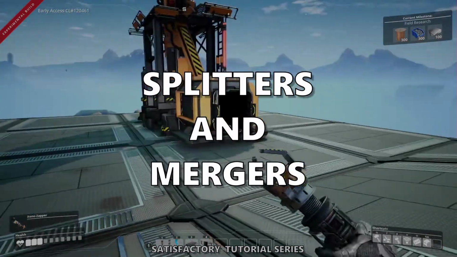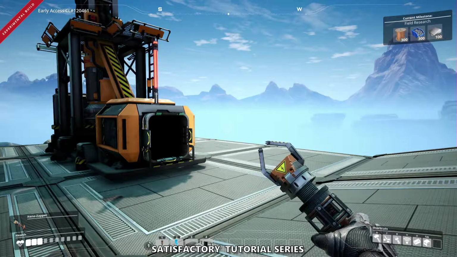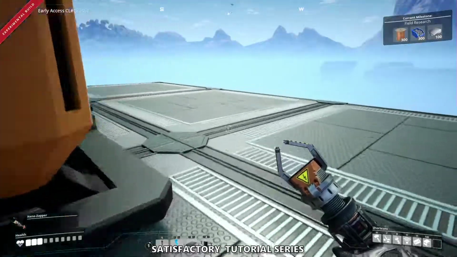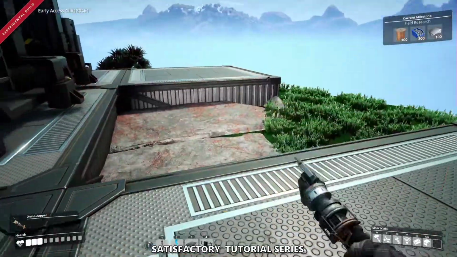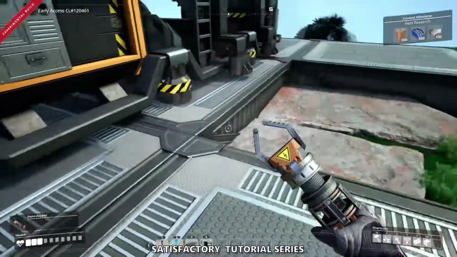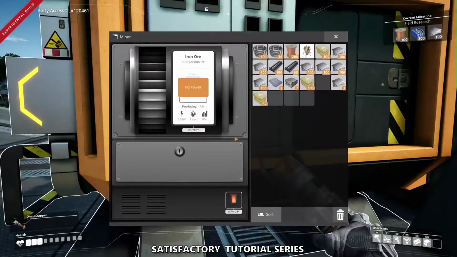Now we have our miner down. This is the next part. Before I place the smelters down, we are going to talk about the node. So I'm just going to lift this up again, and this isn't a normal iron node. I'm going to cover this. When I click on the miner